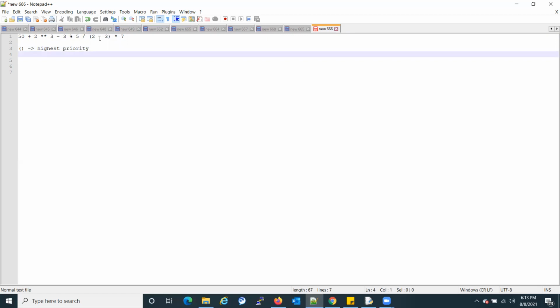So once this expression gets evaluated, then it comes to the exponential, the double star, mostly as we'll see in the Python interpreter. We write the exponential operation with the star operator, the double star operator. This will have the second priority.